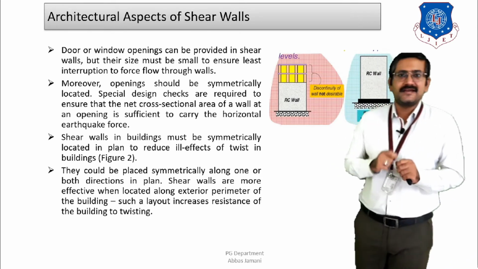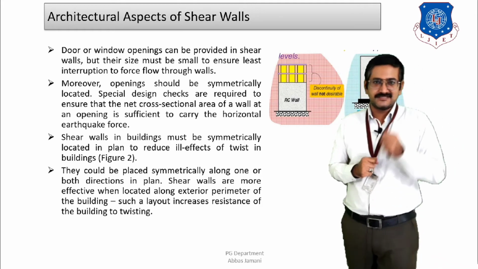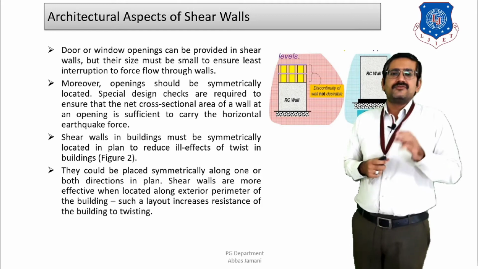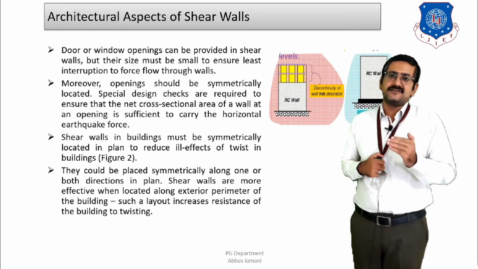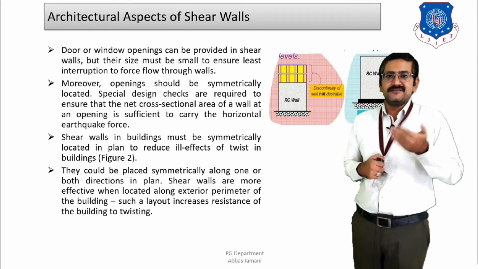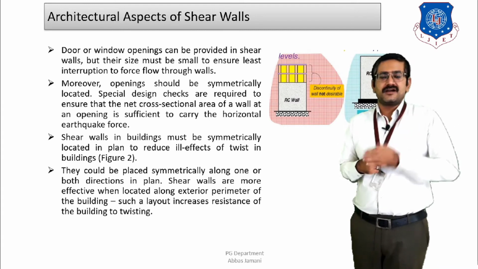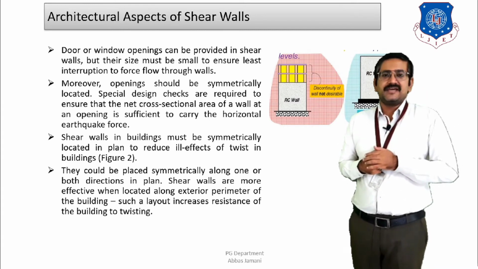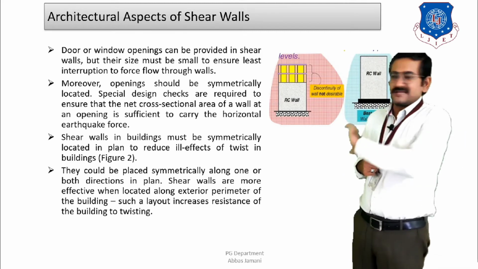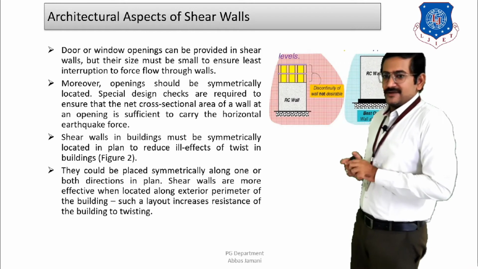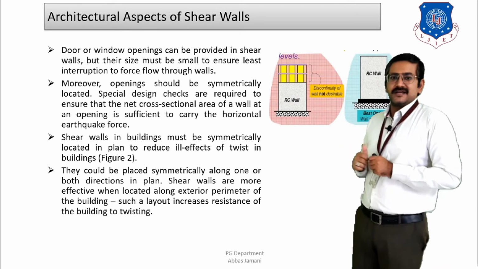Then the third criterion, as you can see in the figure, is just like in the case of masonry buildings that we saw in the last lecture. In order to ensure that the same lateral strength and stiffness is available continuously throughout the height of the building, we saw that if the continuity of the masonry infill wall along the height is maintained, then the performance of the building is enhanced. Similarly, the same concept is applied here in the case of the shear wall also, where you can see two figures. In the first case, the shear wall starts from the ground level and terminates at the second floor level.